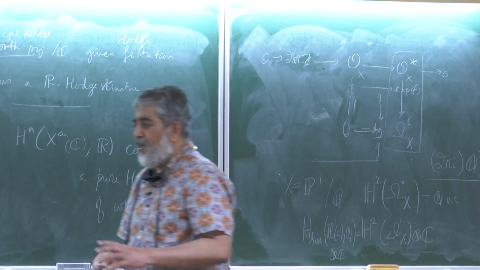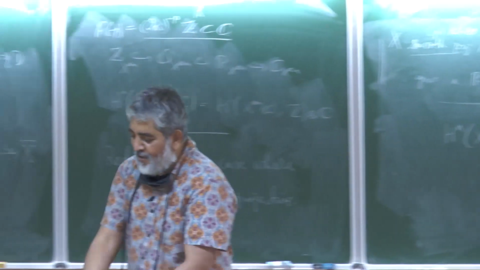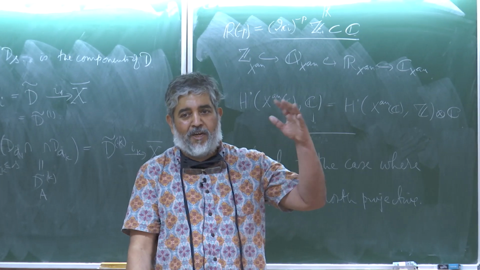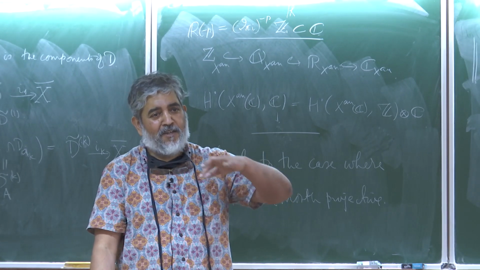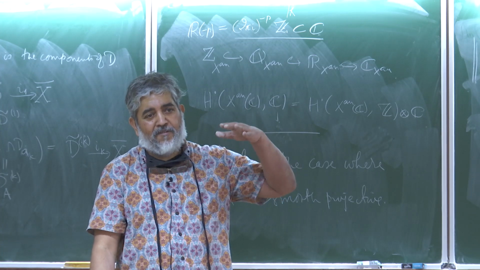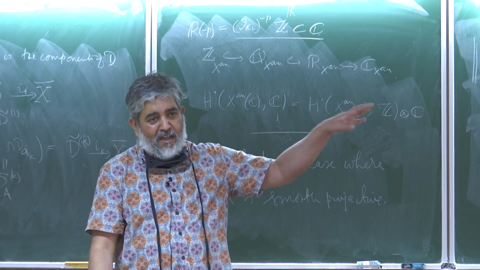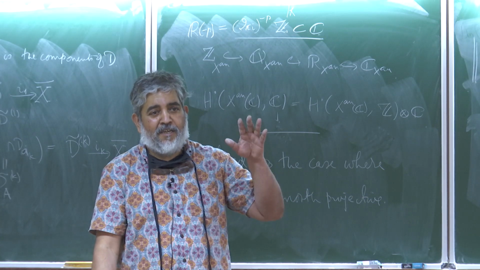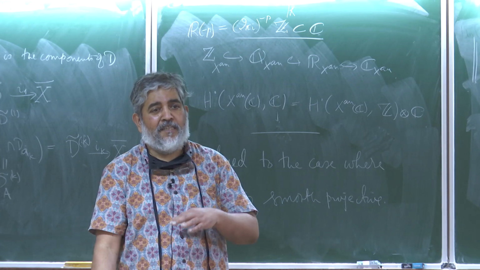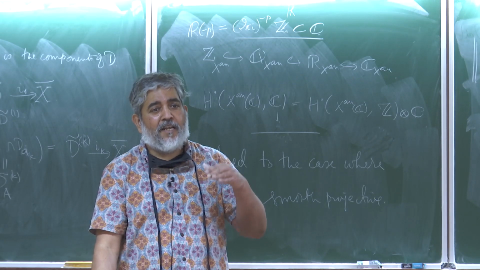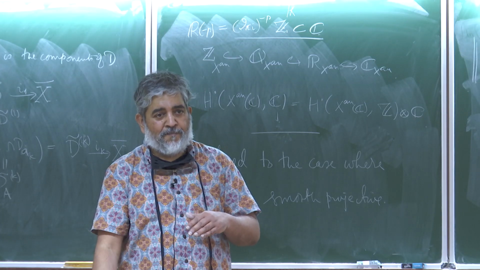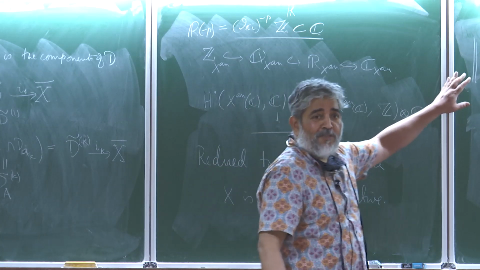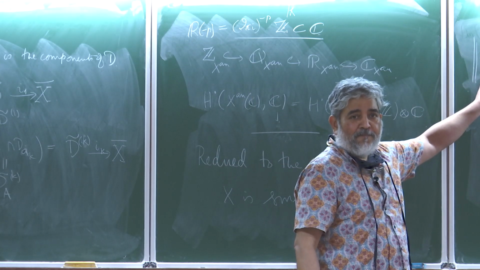So let me say it again. First of all, you start with a smooth variety. You put it inside a smooth projective variety. You take the completion, with divisor with normal crossings, and then in the way in which I described earlier, you get two filtrations on this. One is the Hodge filtration, one is the weight filtration, and then you compute the associated graded with respect to the weight filtration, and you show that the computation reduces to the smooth case by taking those D tildes.